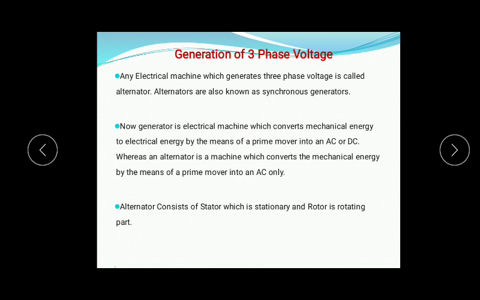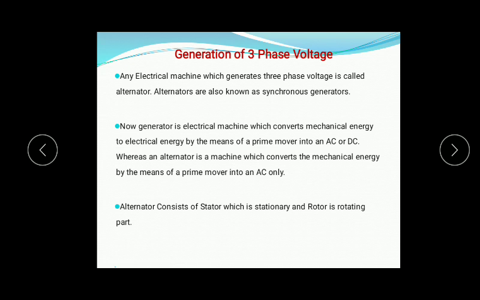Now, an electrical machine which generates three-phase voltage is called an alternator. Any electrical machine which generates three-phase voltage is called an alternator, and alternators are also known as synchronous generators. Now, a generator is an electrical machine which converts mechanical energy to electrical energy by means of a prime mover into an AC or DC,